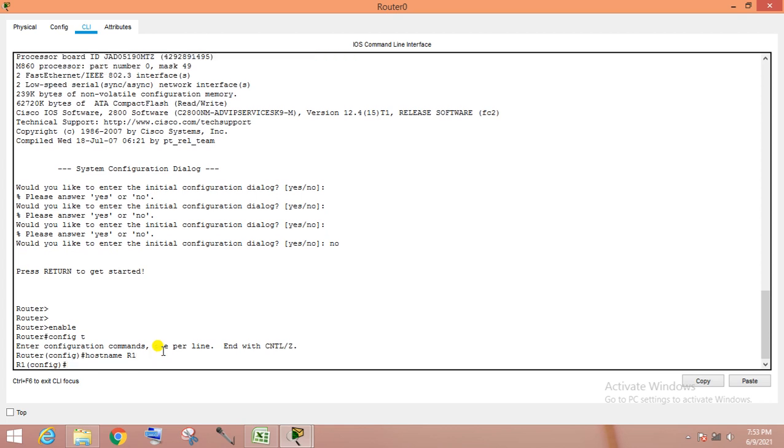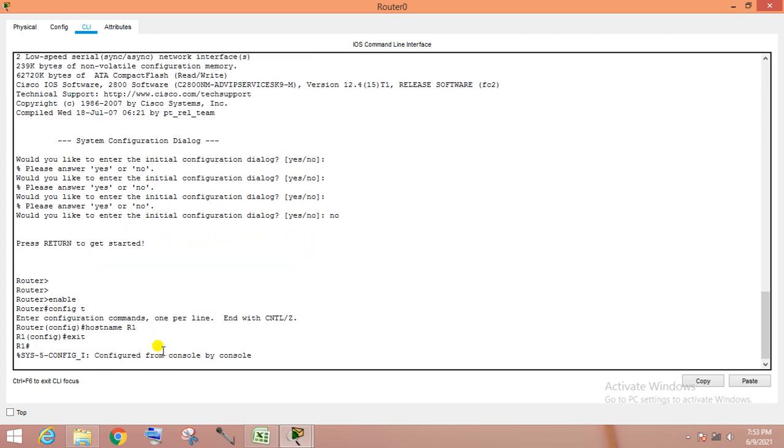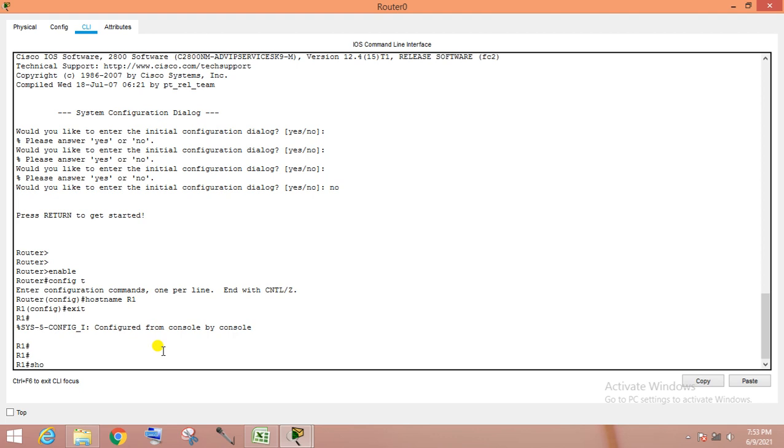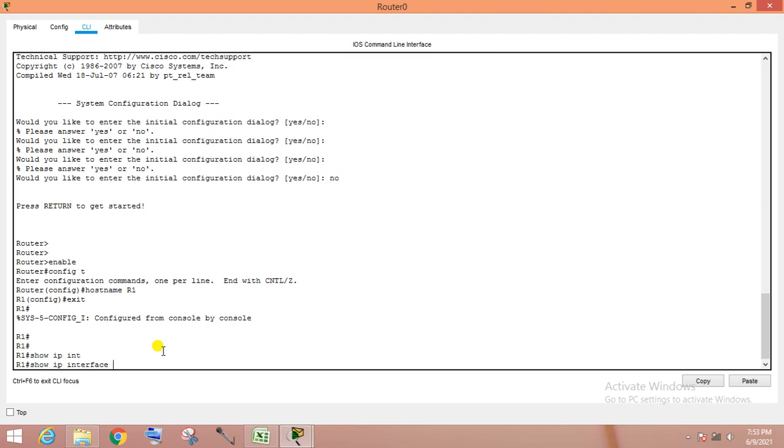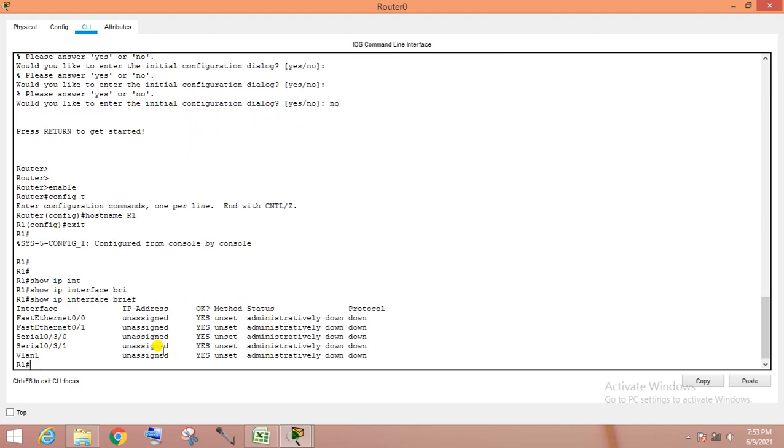So what are the interfaces here? show ip interface brief. Two serial interfaces are there and two wireless ports. We have to configure the serial port for WAN connectivity and FA0/0 for LAN connectivity. So first we do a normal configuration.